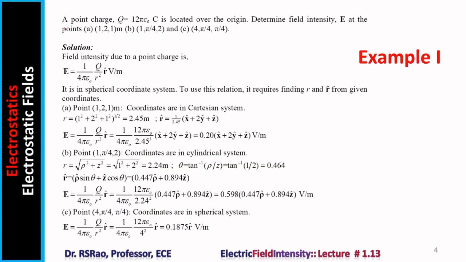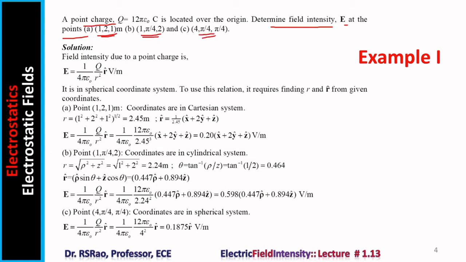Now we consider a problem, example 1. A point charge Q equal to 12 pi epsilon naught coulombs is located at the origin. Determine field intensity E at points A (1, 2, 1), B (1, pi/4, 2), C (4, pi/4, pi/4). Notice in A the point is in Cartesian, in B the point is in cylindrical, in C the point is